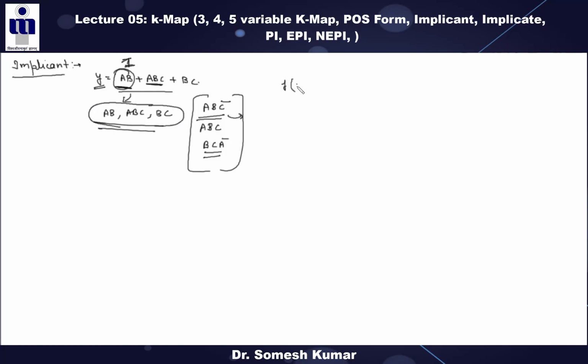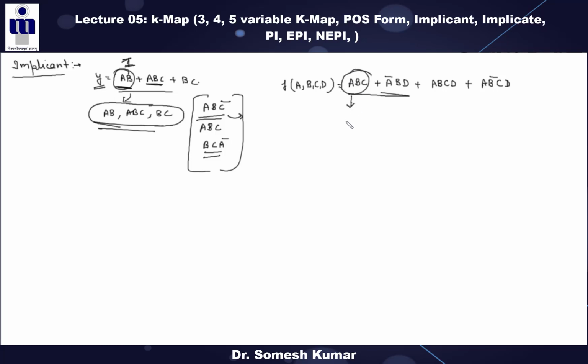So in the second case, if I am taking one function which contains the 4 variables A, B, C, D, and here this is the expression, right? So now tell me how many implicants are there? Are these minterms or not? Can you please tell me? These are not minterms because this does not contain all the 4 variables, right?